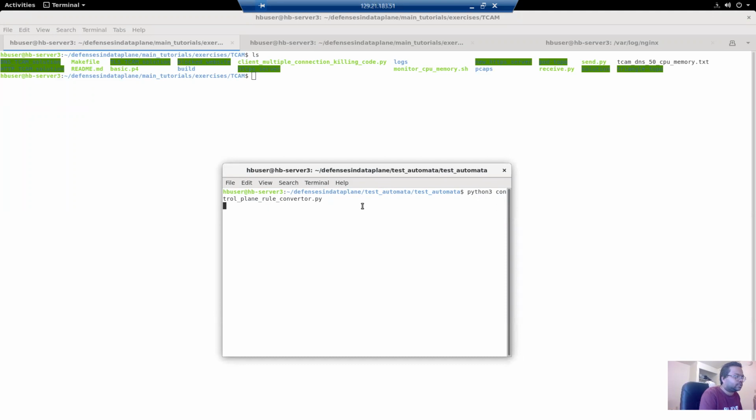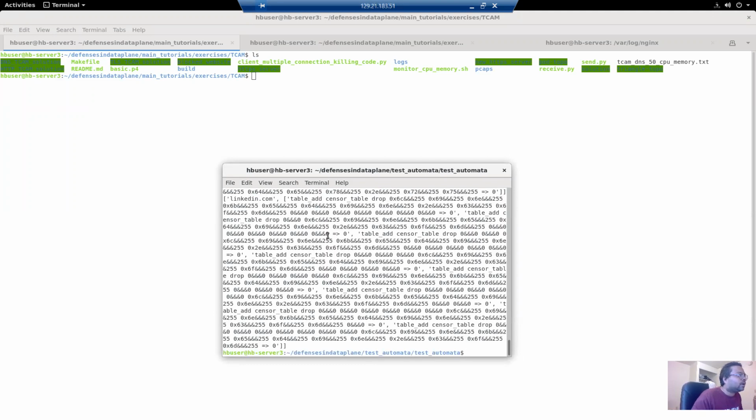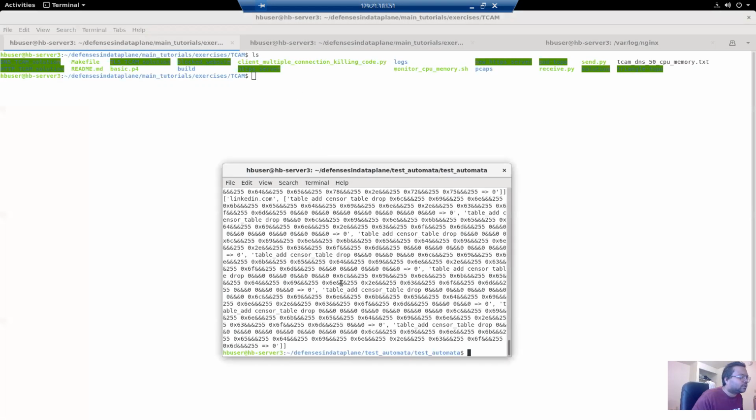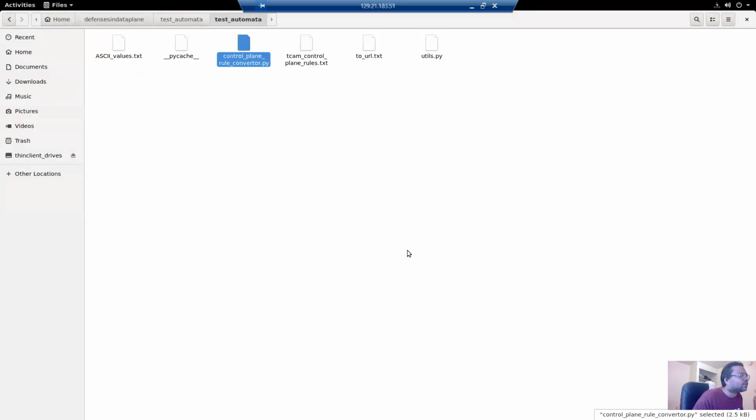Now let me just run this program, and it has generated this output: your TCAM rules, control plane rules.txt, and ASCII values.